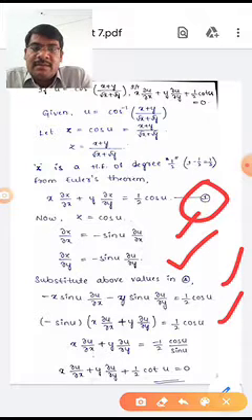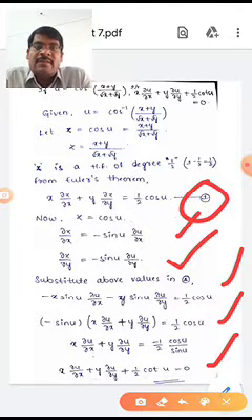Here this minus sin u comes to the denominator. Here that is minus 1 by 2 cos u by sin u. Here cos u by sin u is cot u. Here this minus 1 by 2 cot u comes to the left side. Here we are getting x ∂u/∂x + y ∂u/∂y plus 1 by 2 cot u is equal to 0.